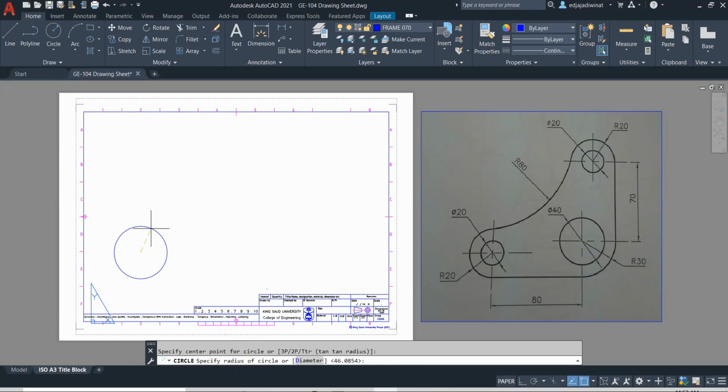So I will start from the inside, or from the smaller circle, which is this one. It has a radius of 10. Okay, the diameter is 20, the radius is 10. So just type 10 like that, and then again click the circle tool,